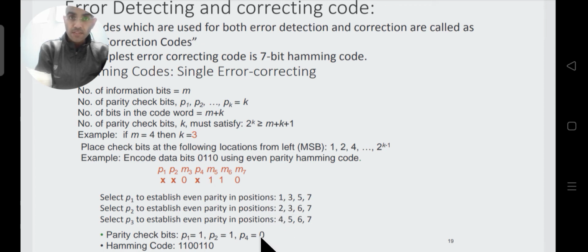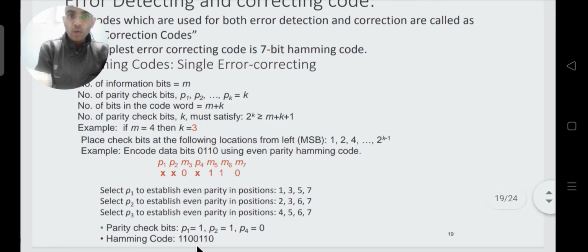Okay, so this is what is written. Now in this code there are only 3 unknown bits, P1, P2 and P4. So we have found the values of P1, P2 and P4 satisfying this criteria. P1 will be equal to 1, P2 will also be equal to 1 and P4 will be equal to 0. If we substitute all these values in this code, then whatever we get will be called the Hamming code for this message